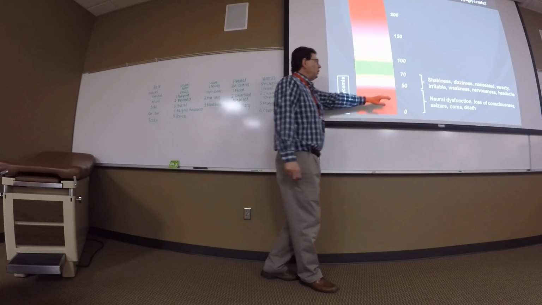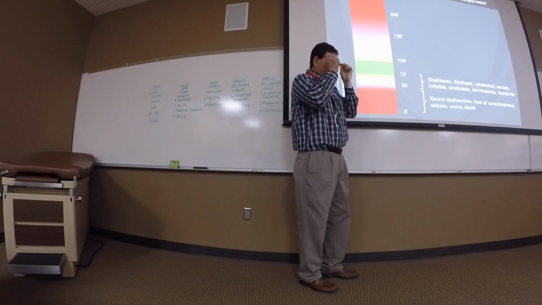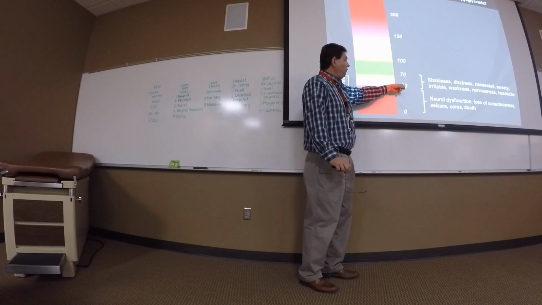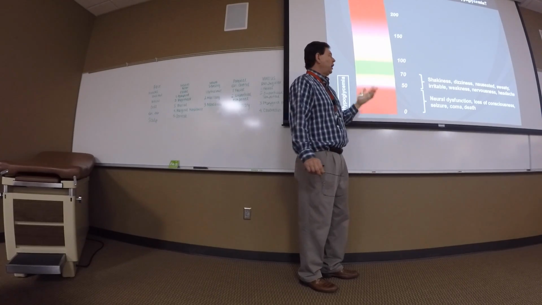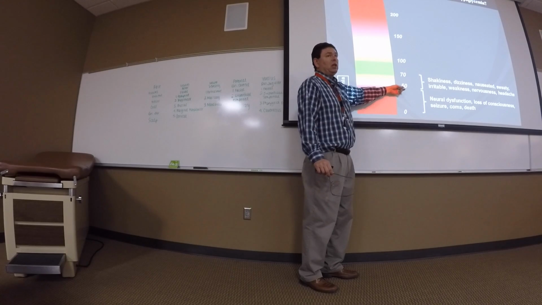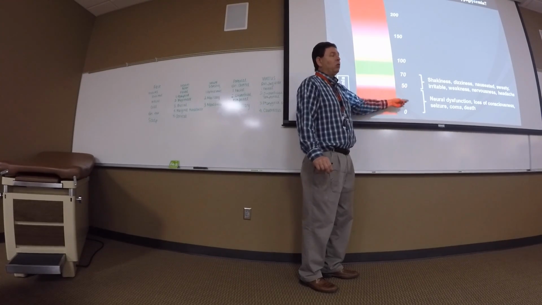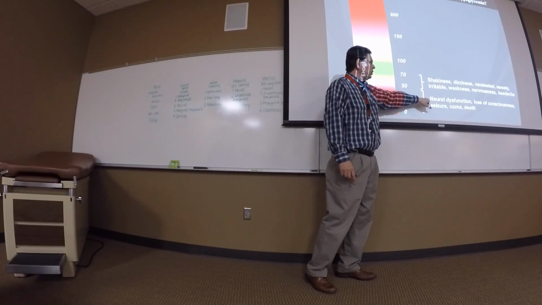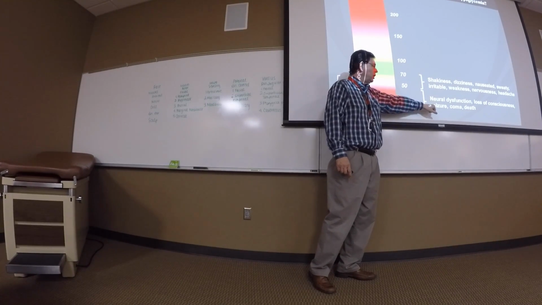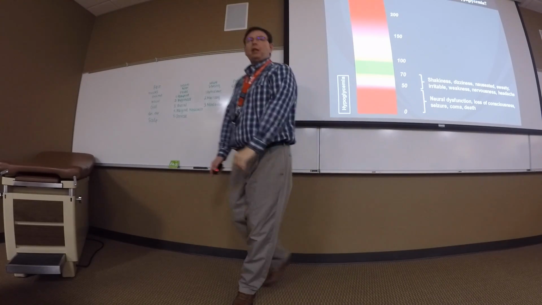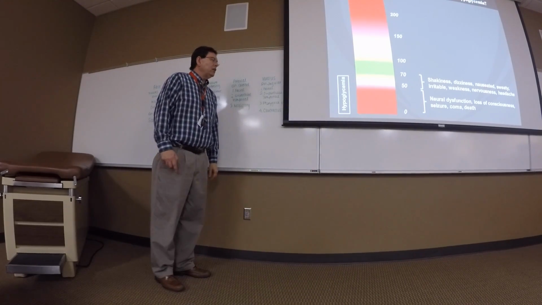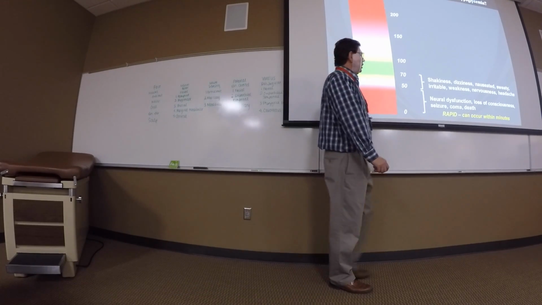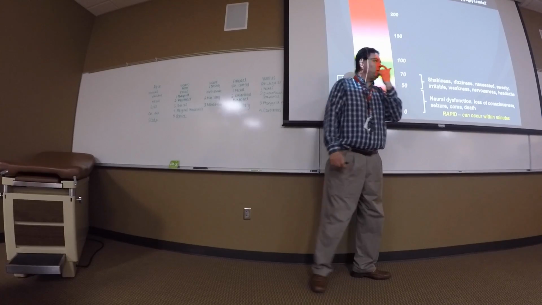And depending on which source, severe hypoglycemia either starts at 55, 50, or 45, okay? But once you get around 50 and you get below, you are in a very serious situation because you're going to start seeing neural dysfunction, loss of consciousness, seizure, coma, potentially death. This can happen pretty rapidly. Hypoglycemia can occur pretty rapidly in certain patients.